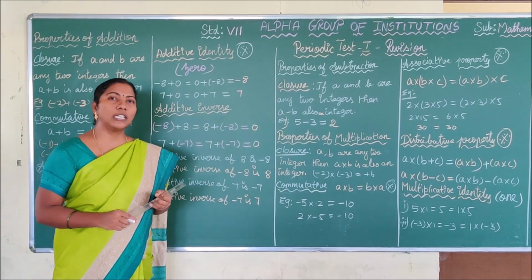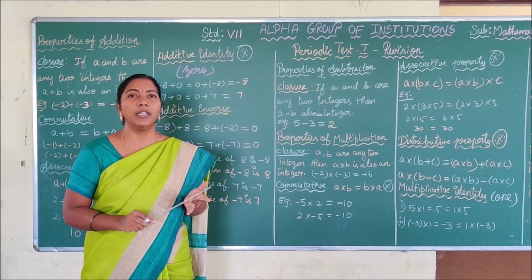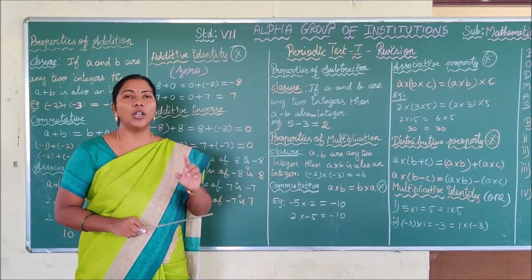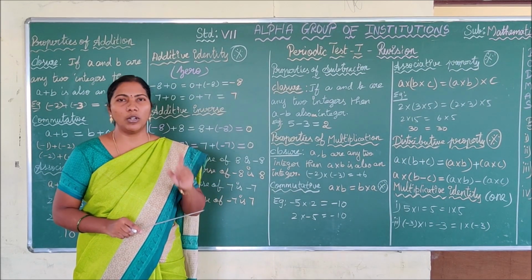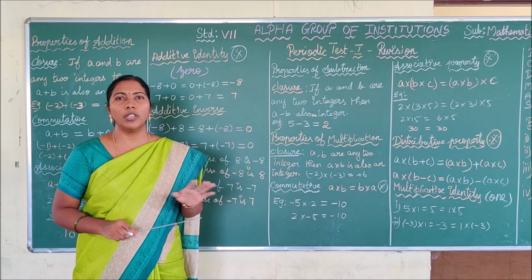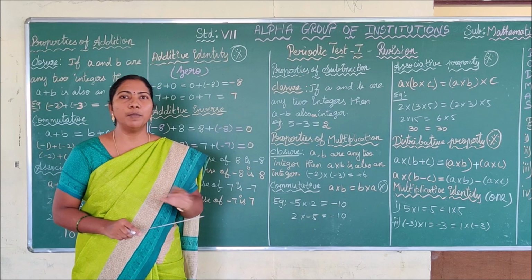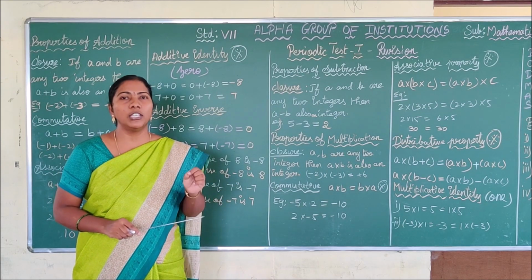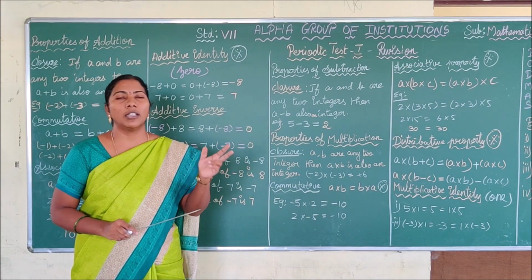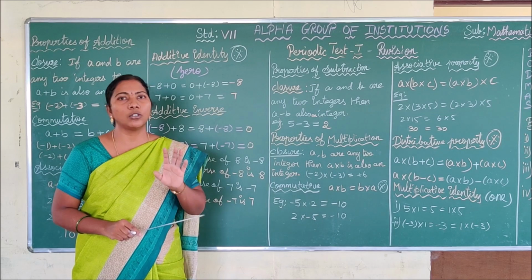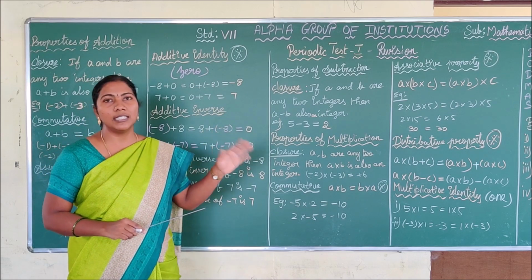Next, children, we are going to see properties of the fundamental operations, that is addition, subtraction, multiplication and division. Among the properties, you have to concentrate only on the operations addition and multiplication, children, because subtraction has only one property, closure property, and division does not have any properties, closure, commutative, like that. It does not hold any property. So, in the concept of properties, you have to concentrate on the operations addition and multiplication only. Okay. For the operation subtraction, it has only one property, it is closure. And based on these properties, you have one more question. So you have to listen to the concept carefully.